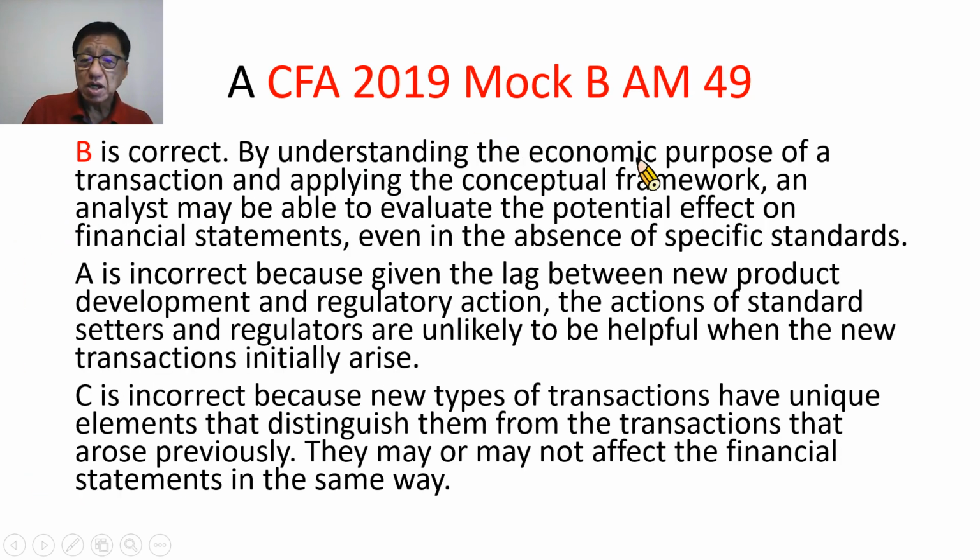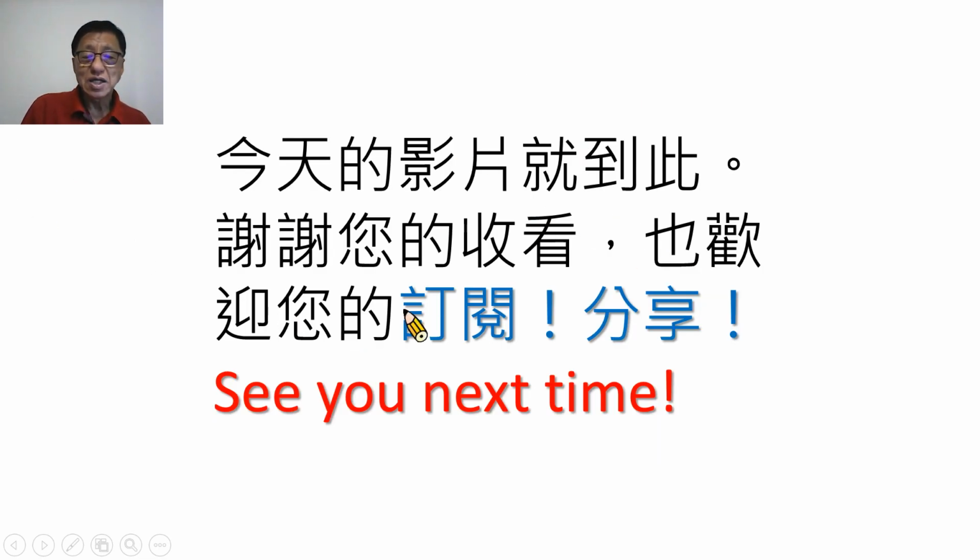B 了他说 By understanding the economic purpose of a transaction and applying the conceptual framework, an analyst may be able to evaluate the potential effect on financial statements, even in the absence of specific standards。他说一位分析师可以借由了解交易的经济目的以及应用观念架构就能够来评估对于财务报表的潜在影响，即使是没有特定的准则也可以。那 A 跟 C 都是错误的，这边的解释我就不再赘述，有兴趣的朋友可以自己停格仔细看。